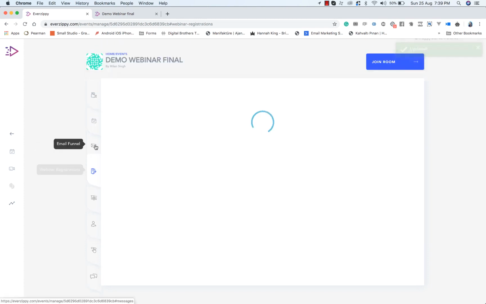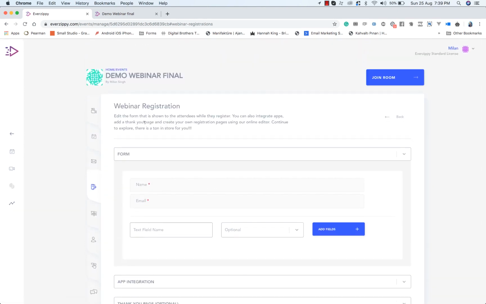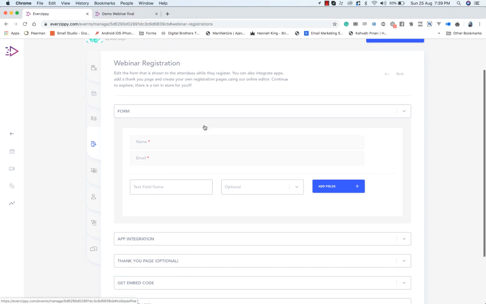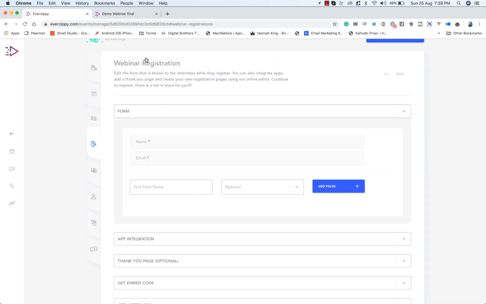Okay, the next option is webinar registration. Webinar registration is a place where you can customize your registration page. So let's say right now you have these two options on the registration page. You want to add one more field from here, like mobile number.